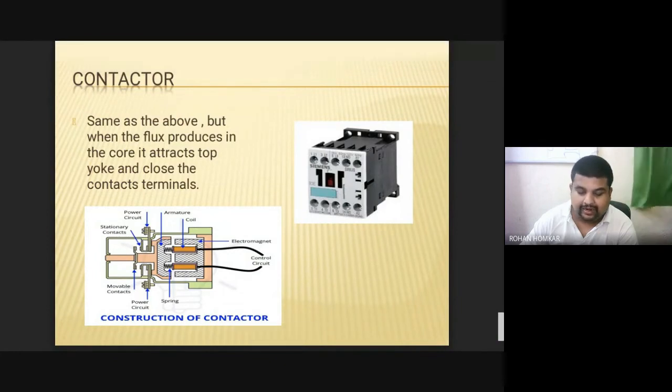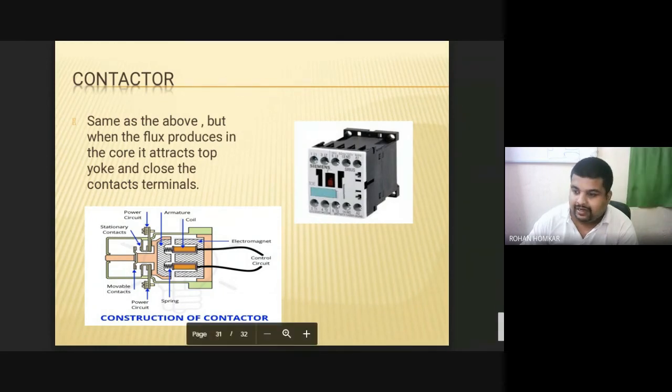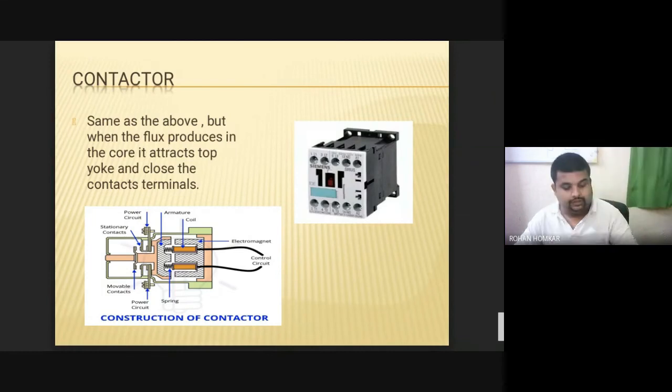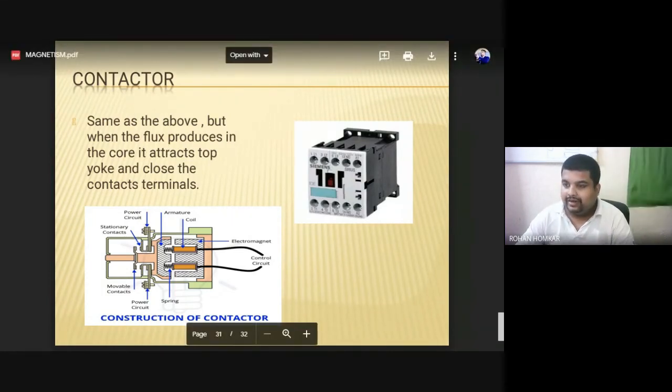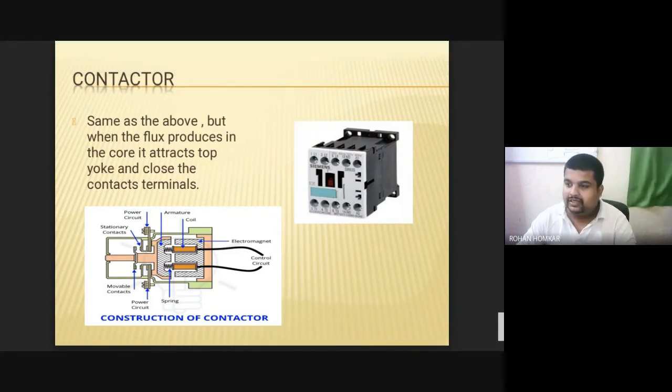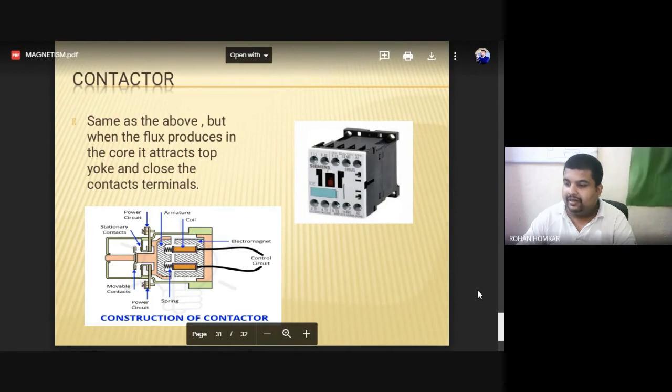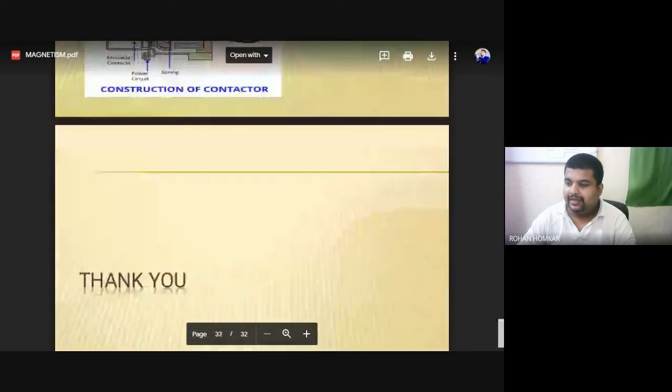So this attraction communicates with our electrical signals, and the magnetic field is activated, and then it connects the electrical contacts, so that the contactor can understand our electrical signals and perform the electrical connections. So I hope you have understood the applications up to here, right?